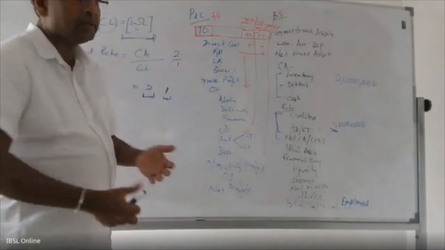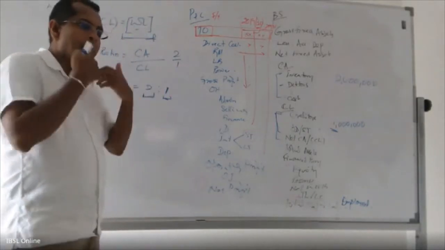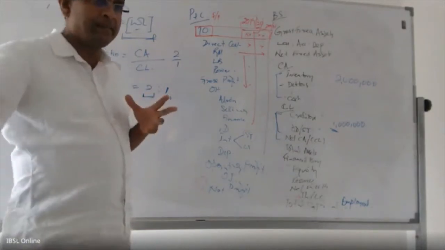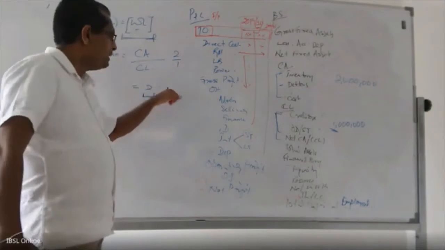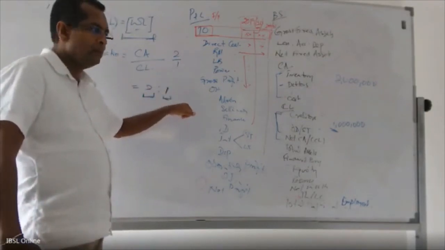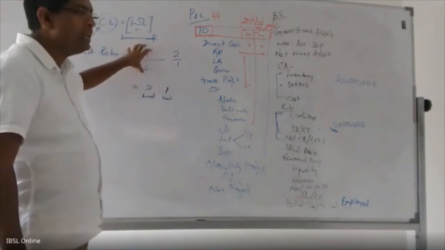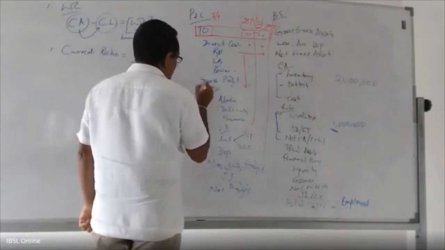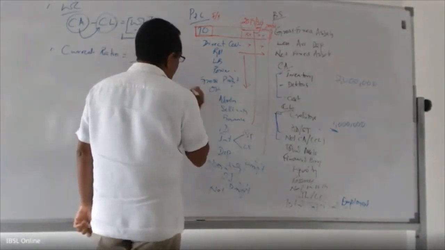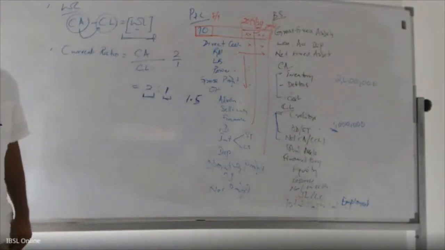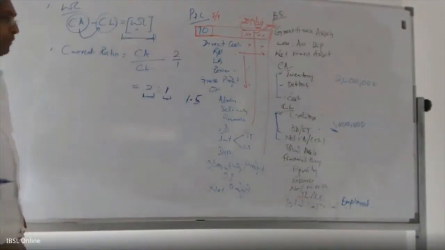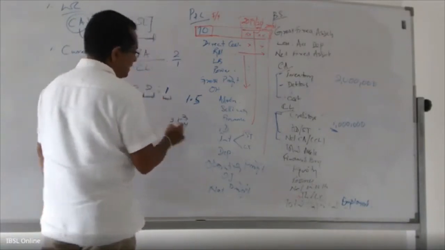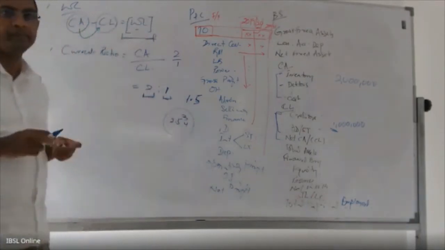What is the importance? Current liabilities are settled by liquidating current assets. We should be able to sell our current assets and pay the current liabilities. So to have a healthy current ratio is very important. Maybe 1.5 times current ratio is a reasonable and healthy ratio. But if it is 3 times, 4 times, even 2.5 times, this is not healthy. Because